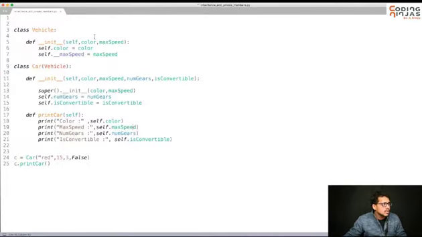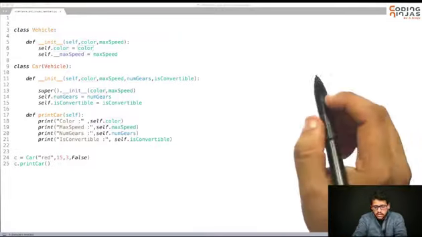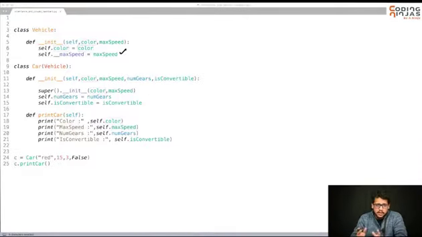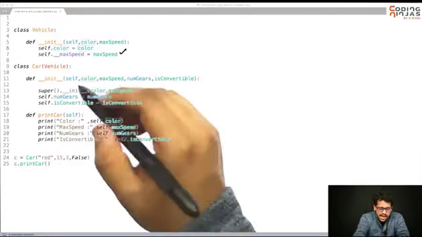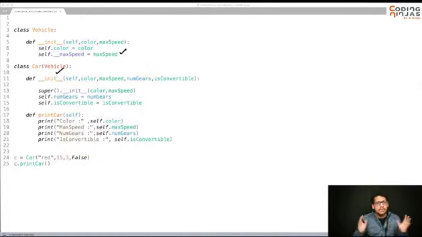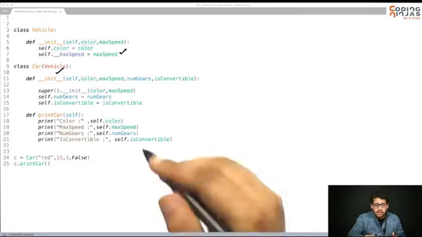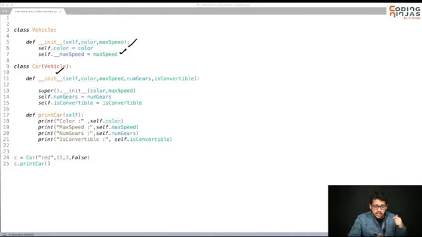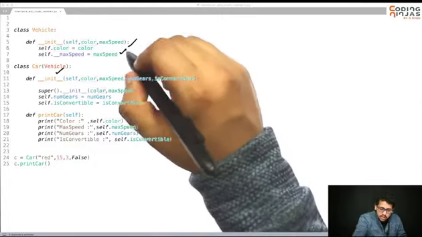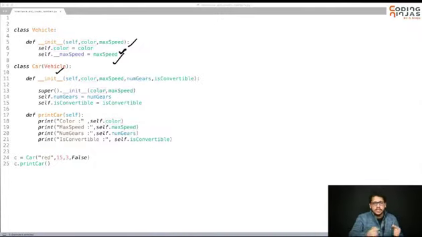Why? Because this is a member outside the class. So what does that mean? Max speed is a property associated with the vehicle. But as we discussed, car inherits all properties and functions of vehicle. So it inherits, but it does not have access to it. Why? Because it is a private member of this class, so this member cannot be accessed outside this class. So you have to go through vehicle only.